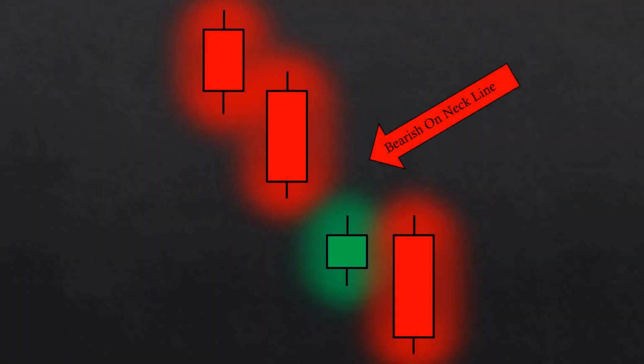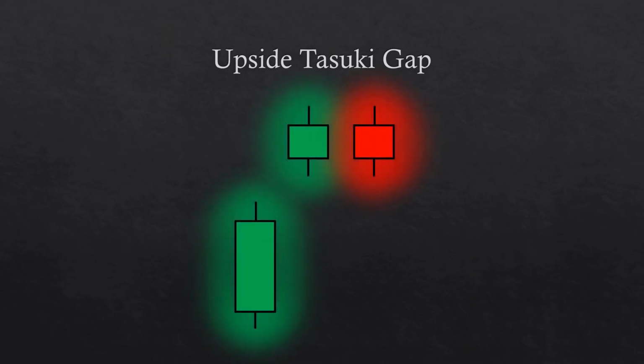The first complex continuation pattern formed by 3 candlesticks is called the upside Tasuki gap, which is a bullish continuation pattern similar to the bullish on-neckline, but with a few extra details. The first candlestick in the pattern is a medium-sized bullish candle. The second candle is a small bullish candle that opens with a gap up, and the third candle is a small bearish candle that fails to close the gap created between the first and second candlesticks in